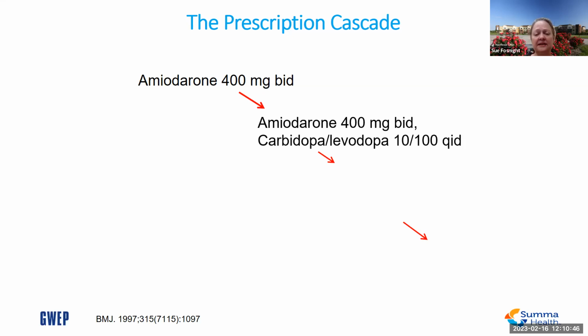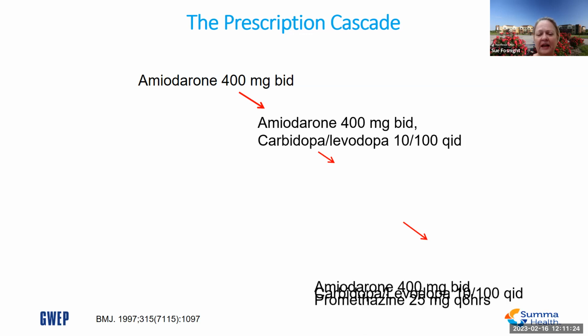And they got started on a Parkinson's disease drug, carbidopa-levodopa. And the dose was started at 10/100 4 times a day. So that carbidopa is the first part of the drug, the 10 part. And we do know from studies that we need at least 75 milligrams of carbidopa in the body to prevent the side effects from the levodopa and to prevent it from metabolizing before it gets into the brain. So this patient was not quite on that amount.